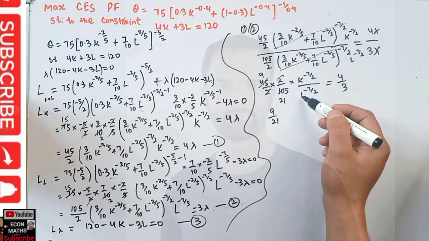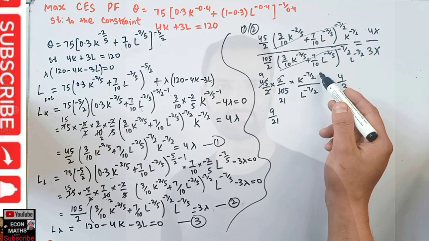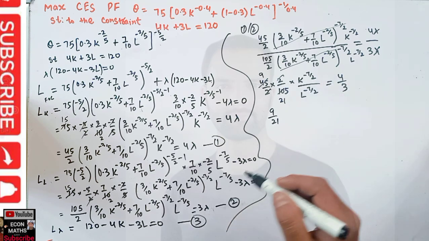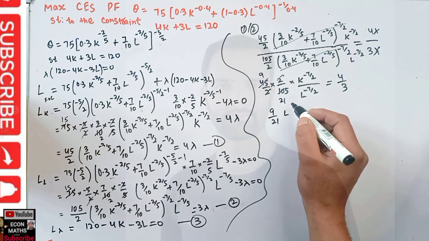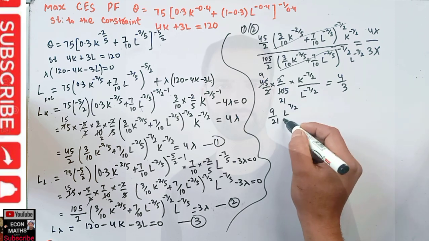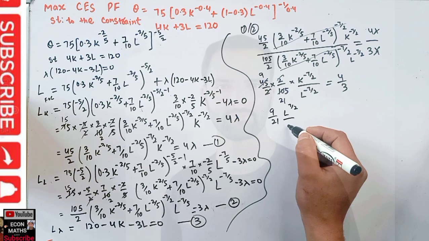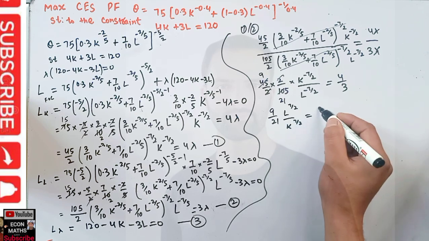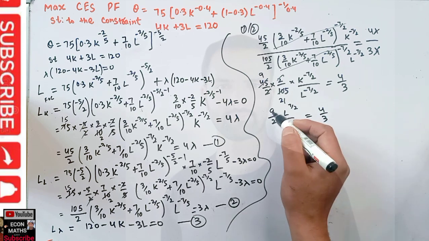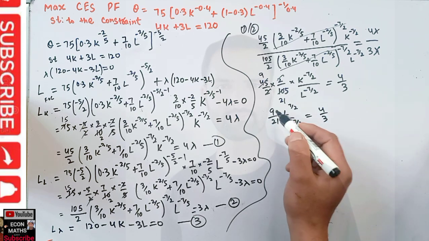Okay, similarly if we take this L to the power minus 7 upon 2 to the numerator, the exponent sign will get changed. So we can write L to the power 7 upon 2 here. I am just reciprocating numerator and denominator, and we have k to the power 7 upon 2 is equal to 4 upon 3. And if we further solve this, this will come out to be